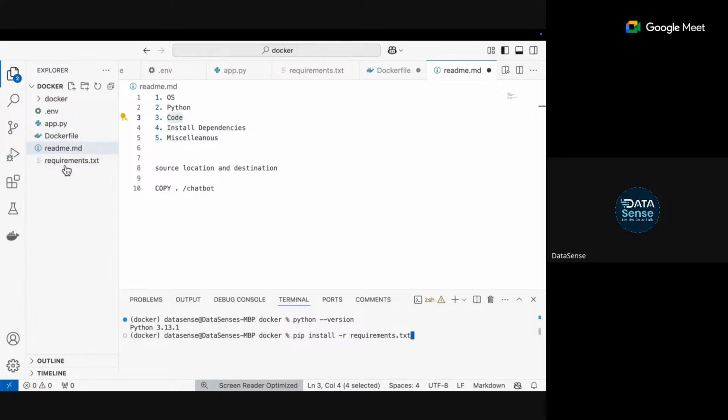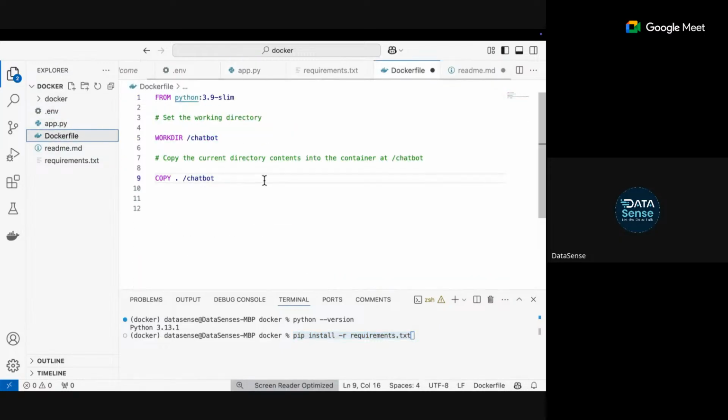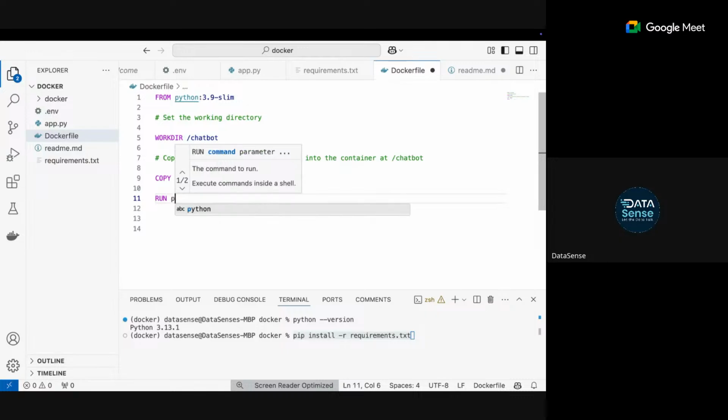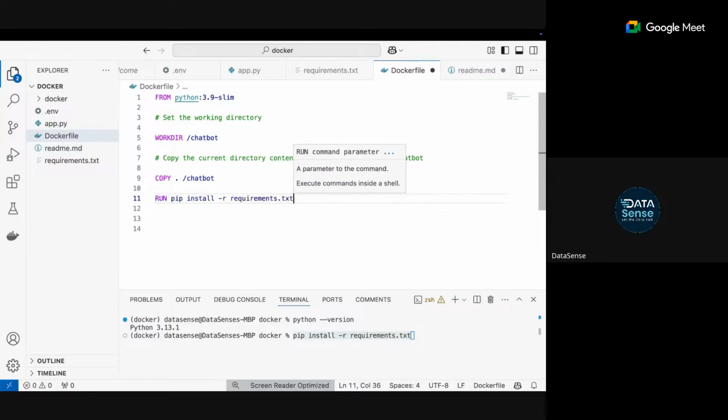But what will happen? Once we have copied everything, what do we want to run inside Docker? We want to run this command, right? Things are exactly the same, just like you do in VS Code. So you come to the Docker file and write down a run command. You will say RUN pip install -r requirements.txt.